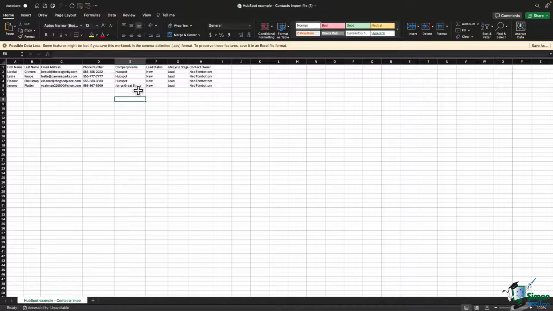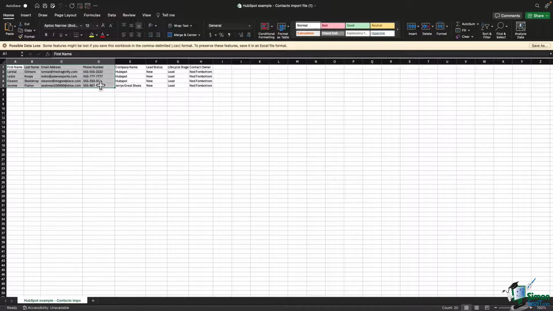And even if this seems complicated, I'm going to help you be able to do this and make it easier on yourself. The first field, really easy, the first name of the customer. Second field, last name, email address, and phone number. So one thing to note is that these 4 fields are the necessary fields that you need for a contact